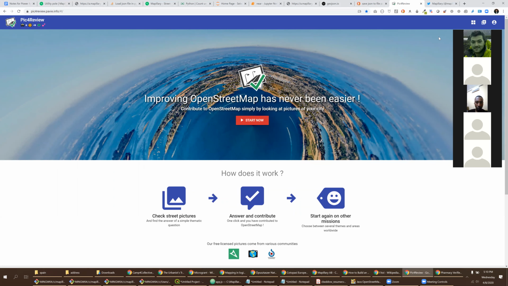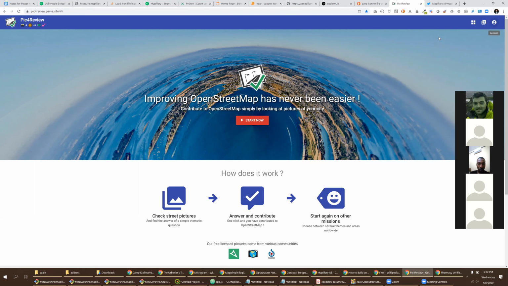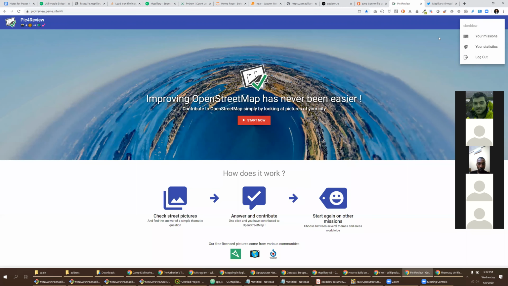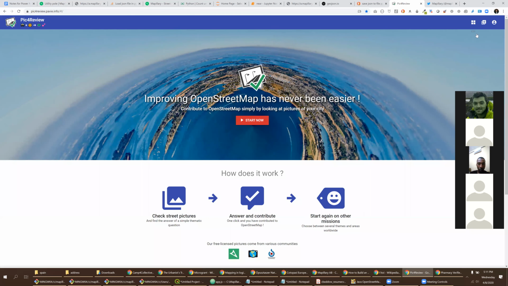So in this website, you can log in with your OpenStreetMap user ID. So you'll have an account button up here. I'm logged in, that's my OpenStreetMap username. And there's a couple options once you get started. One is to view missions, that's the squares, or the plus sign to create a mission. So if we go to view missions,